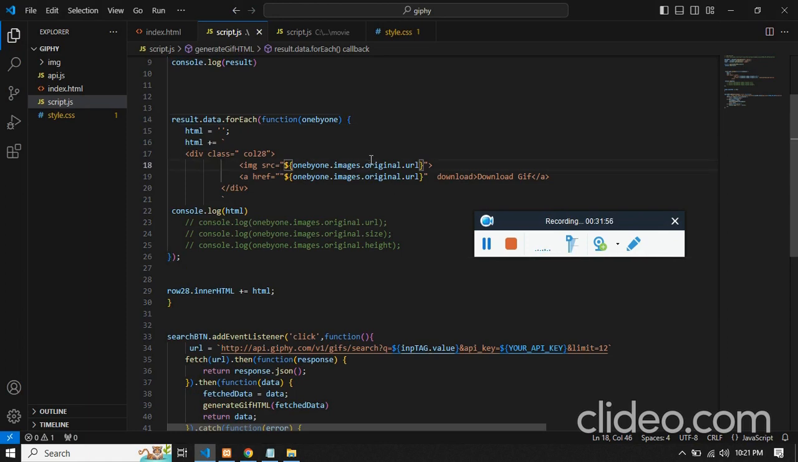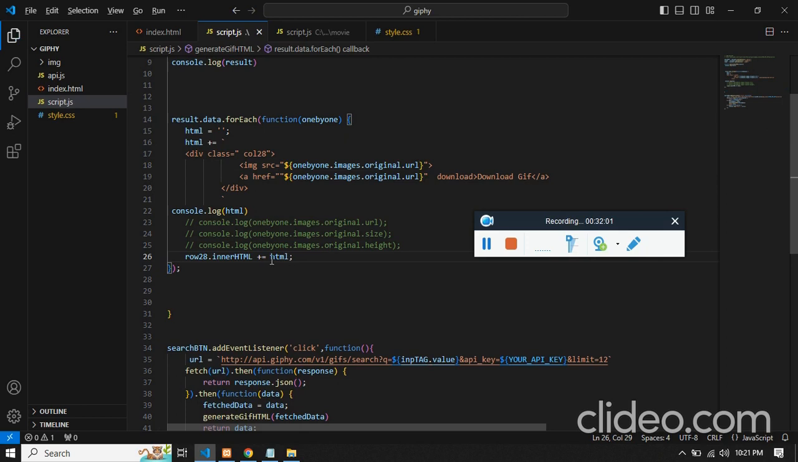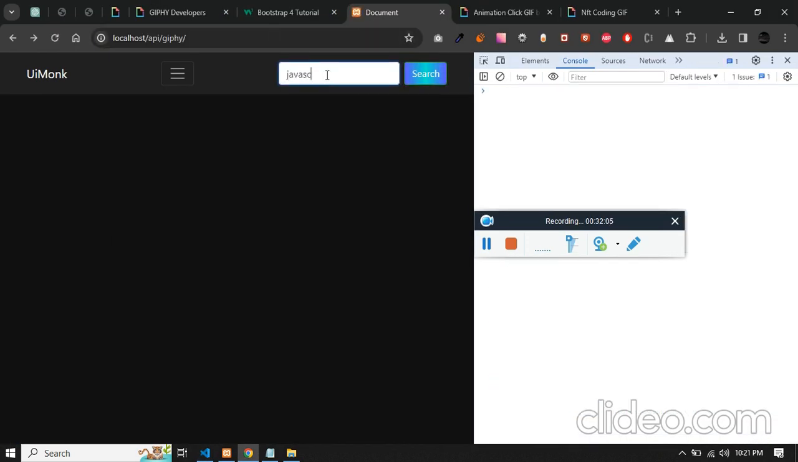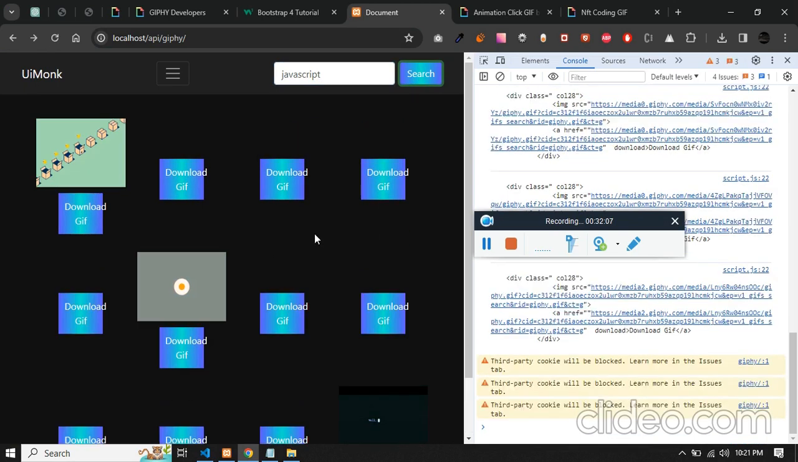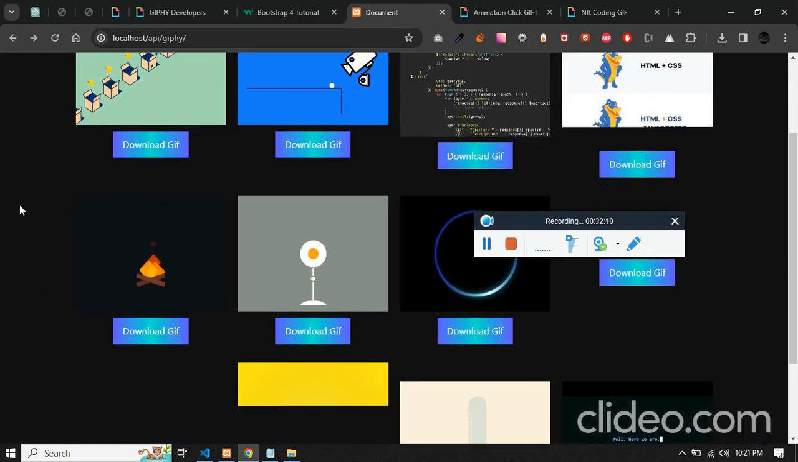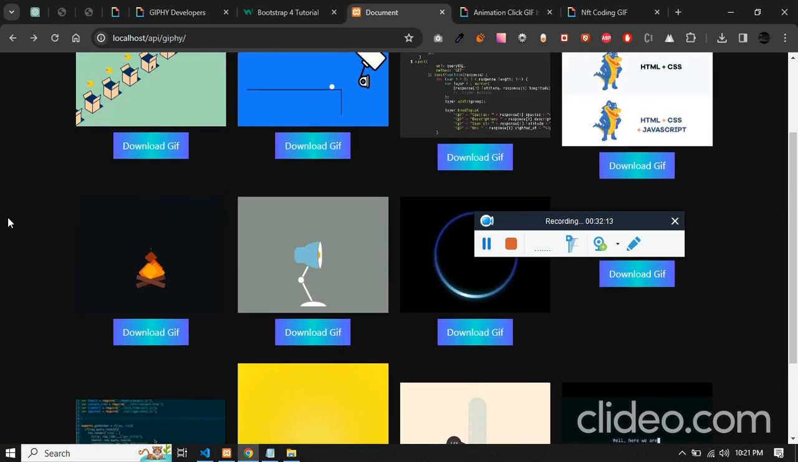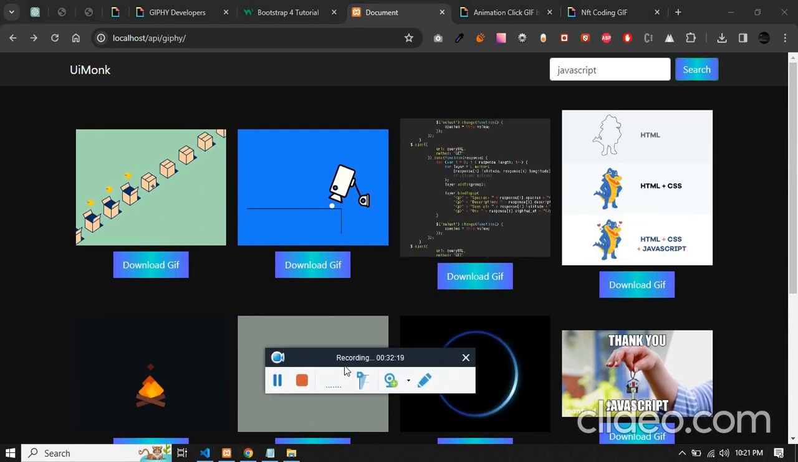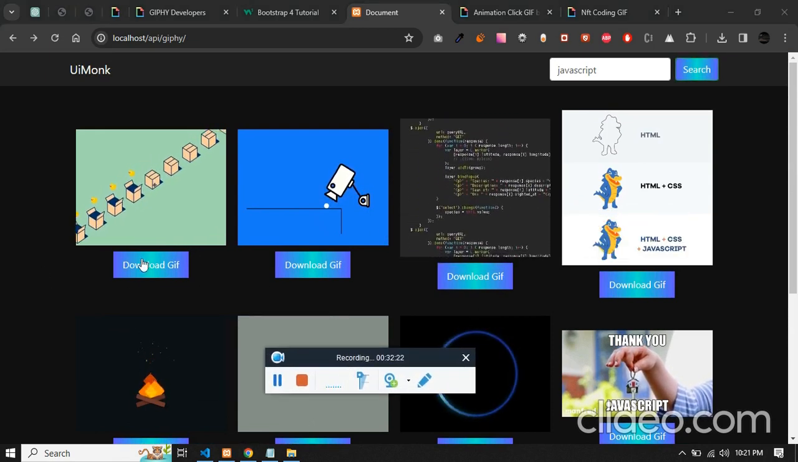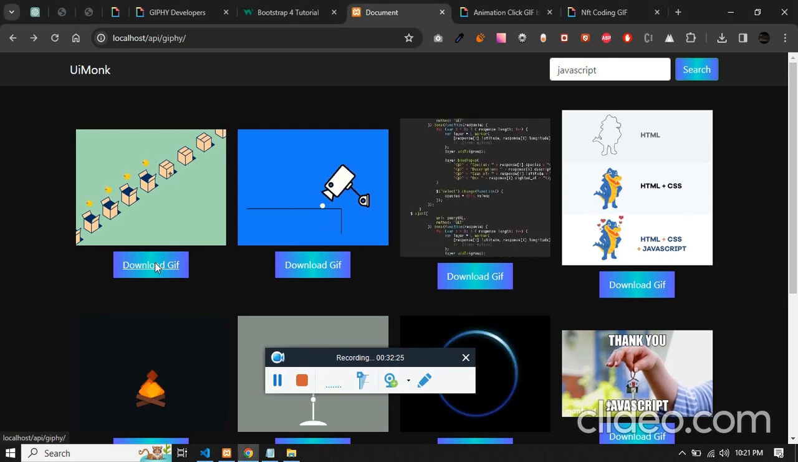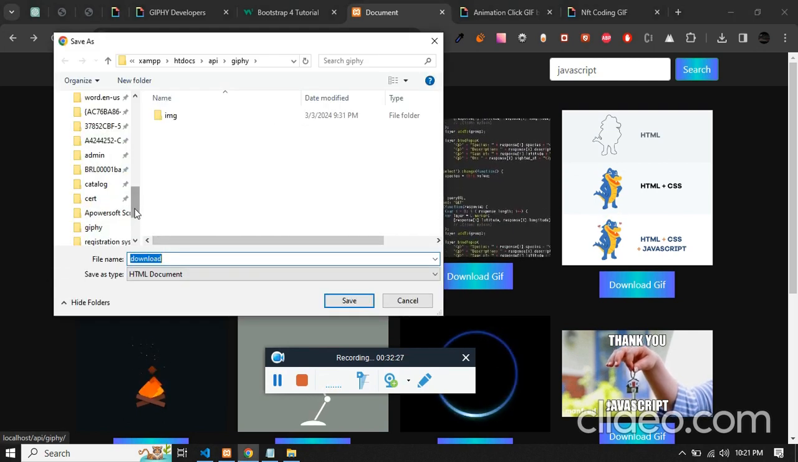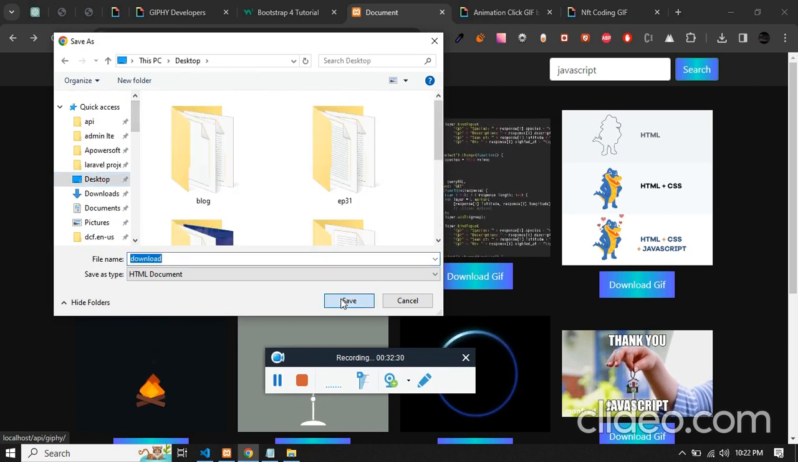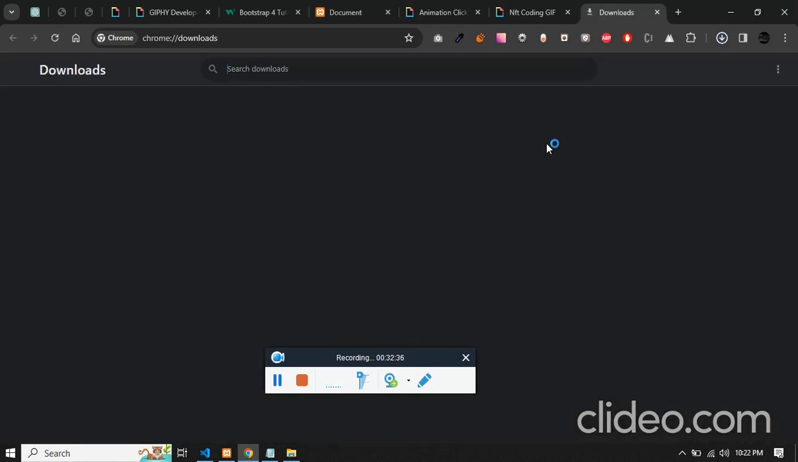Let's just try it, adding it in. JavaScript, click on search, and yes, you got all the values related to JavaScript. Cool. So these are the GIFs related to JavaScript, and if you click on download GIF, it is asking for you to specify the place, desktop. Click on save, and if I press Ctrl O to open it from the desktop,